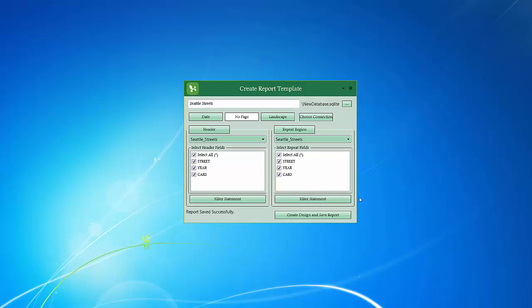Report saved successfully. So I'm going to run one more quick report while I'm here, and then I'm going to show you where those reports are generated. The next report I'm going to run is a report called Bottled Water. I'm going to choose bottled water for both the header and the repeat region. Now this is kind of an interesting database. It's probably fairly useless to you, but